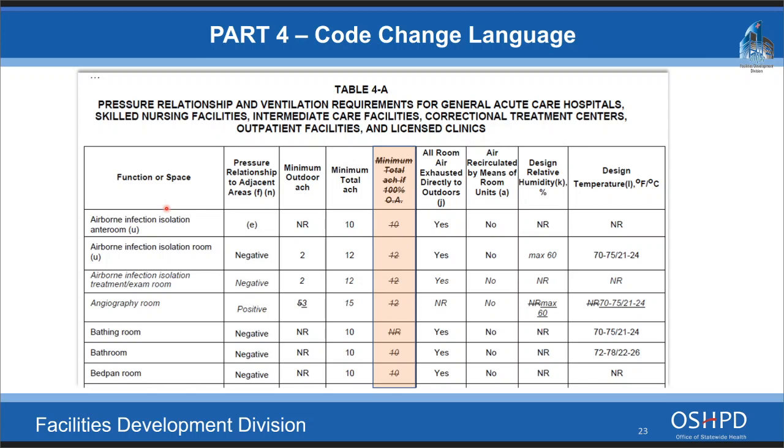This column wasn't valid because it allowed air changes per hour for 100% outdoor air systems, and in the recent past, ASHRAE made it very clear that that's not valid. So we have to comply with the ASHRAE 170 2008 requirements in order to make sure facilities are qualified for CMS funding. That's important, of course, because it's a big chunk of the funding. So in order to remove that pitfall, we omitted this column from Table 4A. We'll go to the next slide, please.